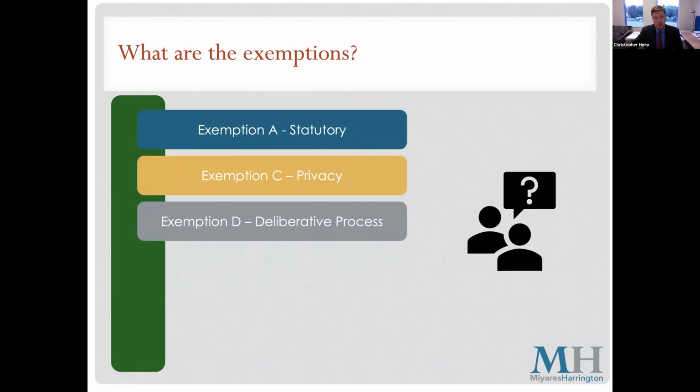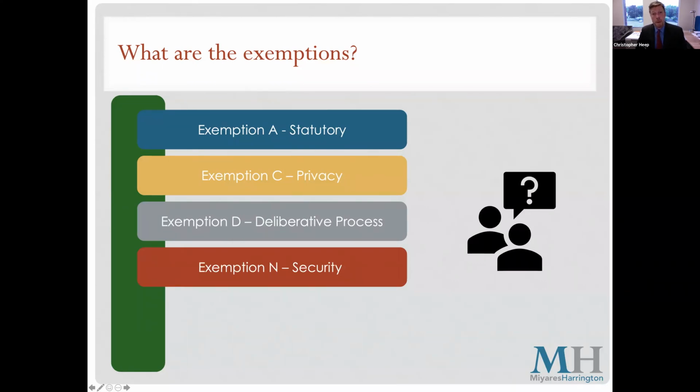Exemption D of the public records law covers the deliberative process. And this is an exception that covers policy positions being developed by town boards and officials as they are underway. This specifically covers interagency or intra-agency memoranda or letters relating to policy positions being developed by the agency. And again, that exemption only really applies as long as the policy position is in the process of being developed and no longer after it's been completed.